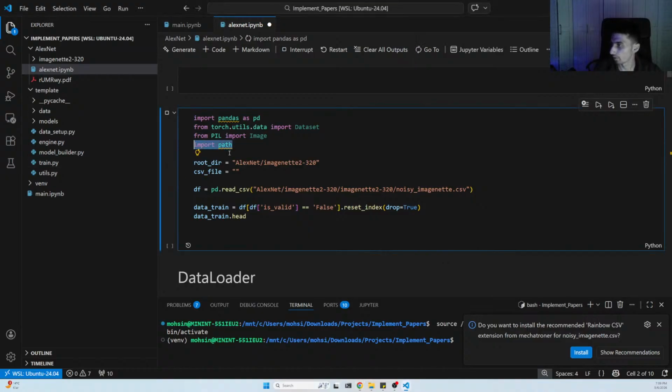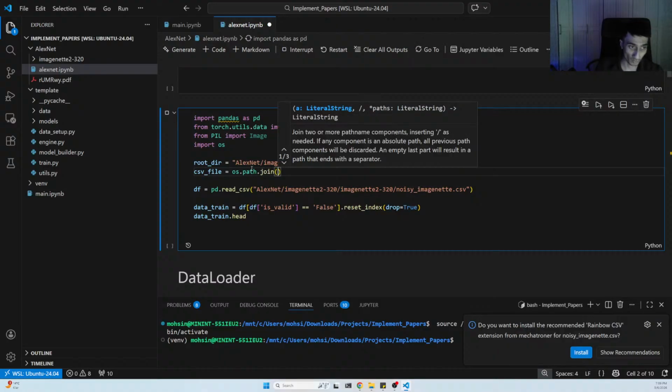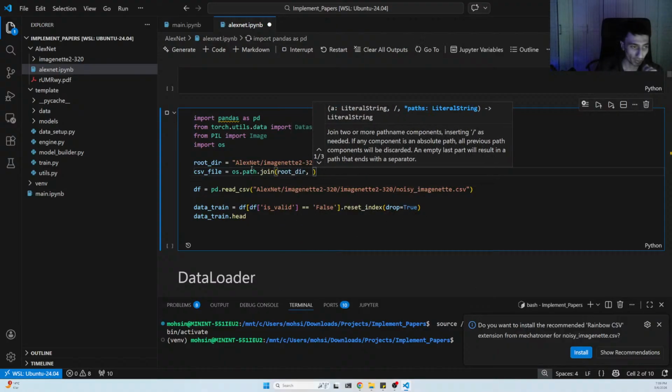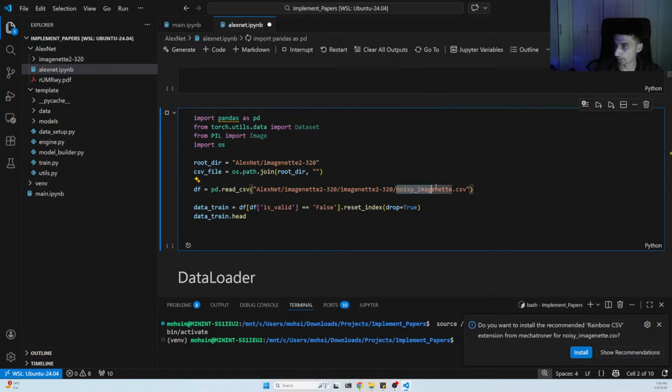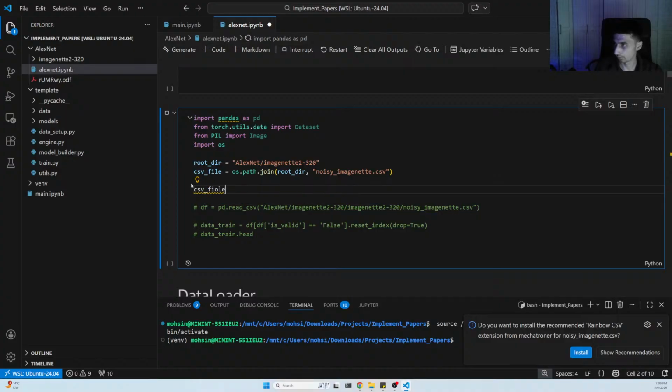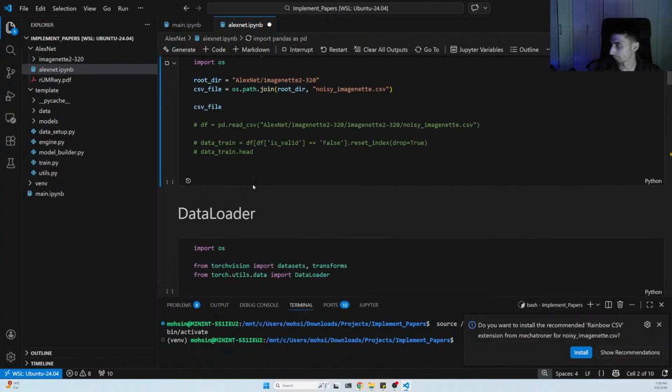So we need import os, and the CSV path is going to be os.path.join, and then we put our root directory, and then we just add the name of the CSV file, which is this thing over here. So now if I write CSV file, that should give me